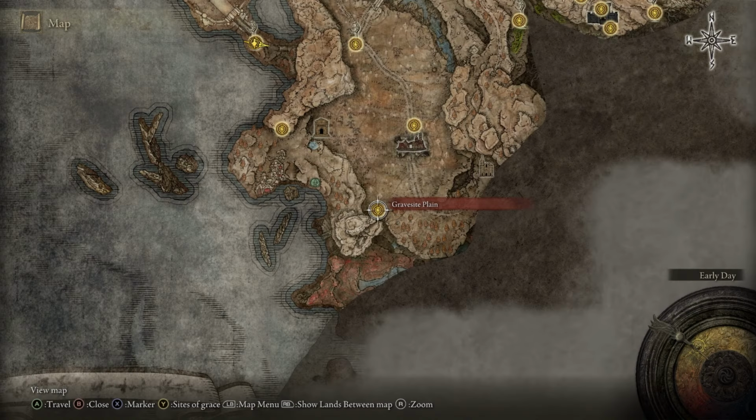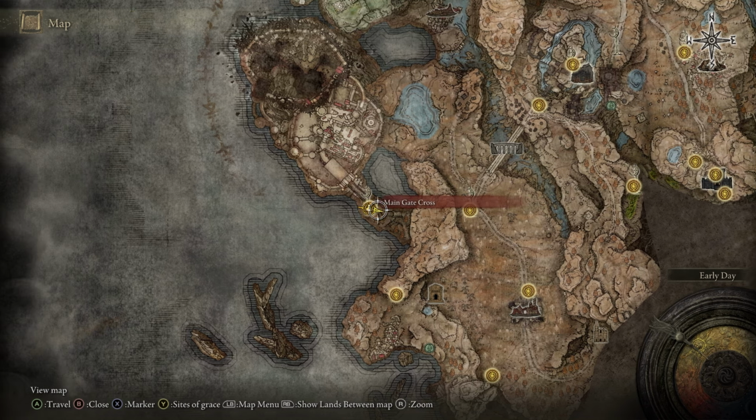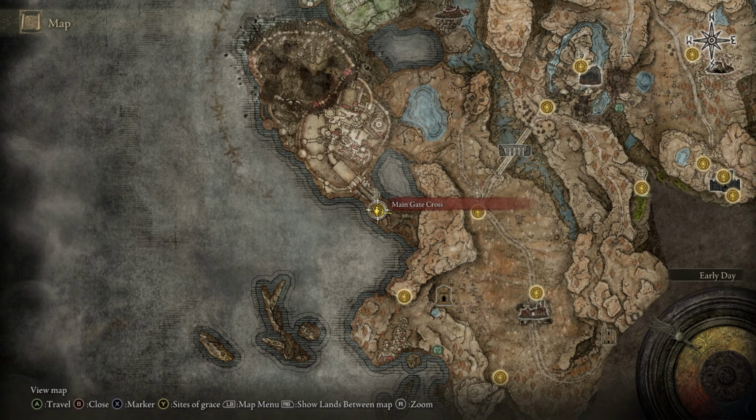First things first, from when you zone into the Gravesite Plain Site of Grace, we are going to make our way north to the Scorched Ruins, further north to the Three-Path Cross, and then west over to the Main Gate Cross Site of Grace. Once there, we are going to find Moor, and we are going to have a dialogue